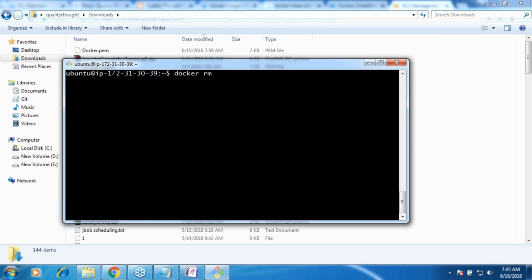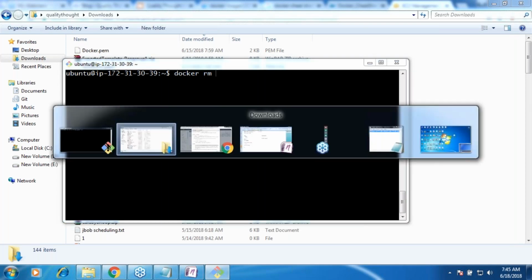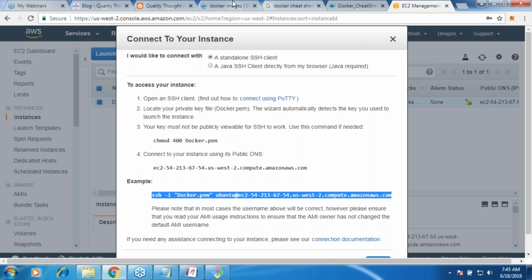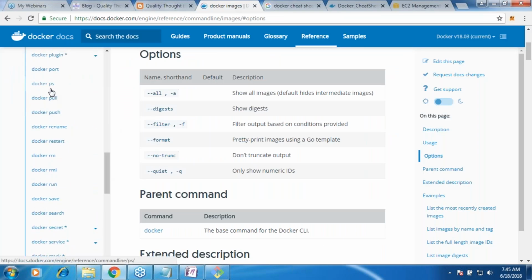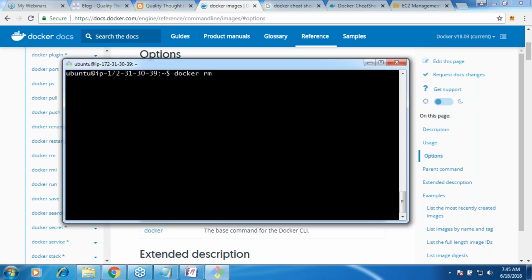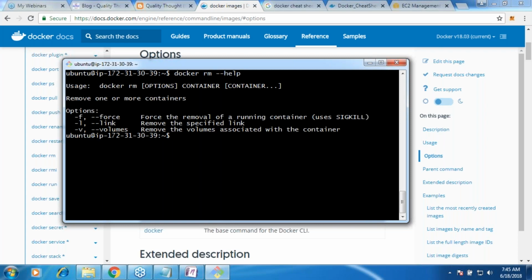Now, first thing which you will do is go to the docker website. Here you will have all of them. You are seeing ps, right? And similarly I'll be using rm. Okay, and the next thing which I'll be using is rmi, right? So everything is here. There is nothing which I'm telling outside of this stuff. Whatever I'm telling is nothing but a simple explanation of what has been written there. All right, so docker rm. And if you don't know how to use it, you can always use this. It will tell you what has to be done.